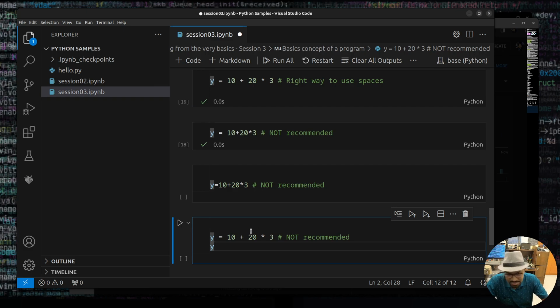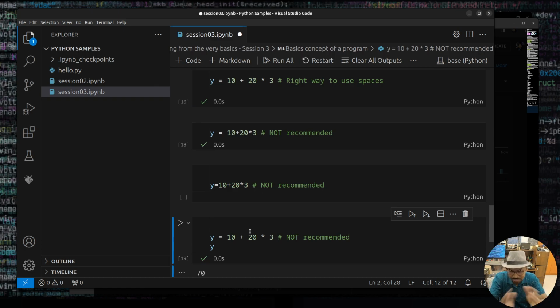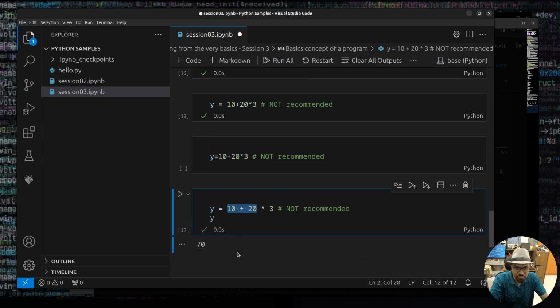Plus 10, 70. That should be the final outcome. But as you know, sometimes you might want to change the order of evaluation of this arithmetic expression. You want to give higher precedence to the addition. You want to add 10 plus 20 first, and then the result of 10 plus 20, I want to multiply by 3. If you want to do something like that, what you can do here is, I'm just going to